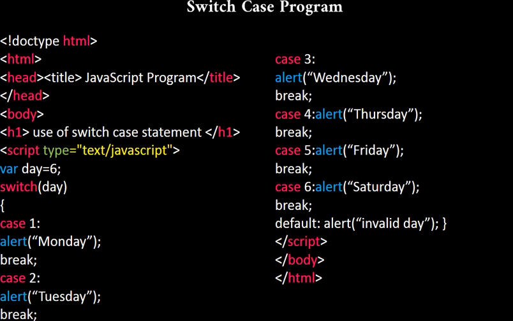Your result should display Saturday, because the day of the week number given is 6, which is Saturday, so the result should display Saturday, then you can use the break. If your condition is not found, for example variable day equals 7, but the switch case is given only till 6, and you enter 7 over here, then the default value will be displayed, that is "Invalid day".